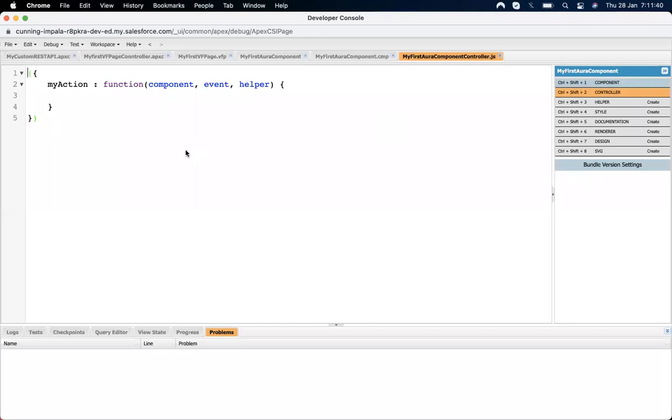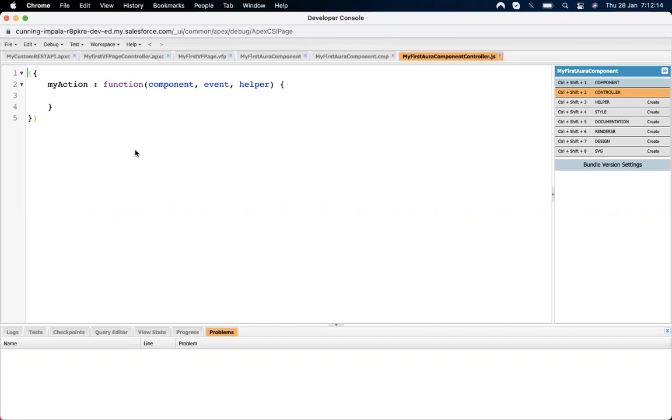In this controller we define all the methods, all the actions. Suppose a user clicks on a button, then the button will call the action, and that action is present up here. Suppose a user hovers on any text or something like that, any action that needs to be performed. Suppose when the page loads, you have to perform an action so that it will fetch the data from the controller and then display it up here.